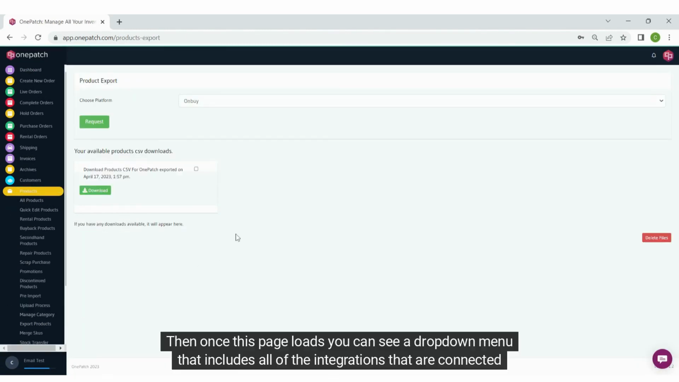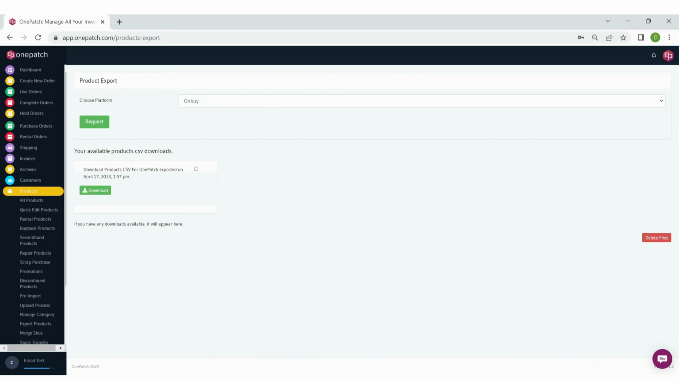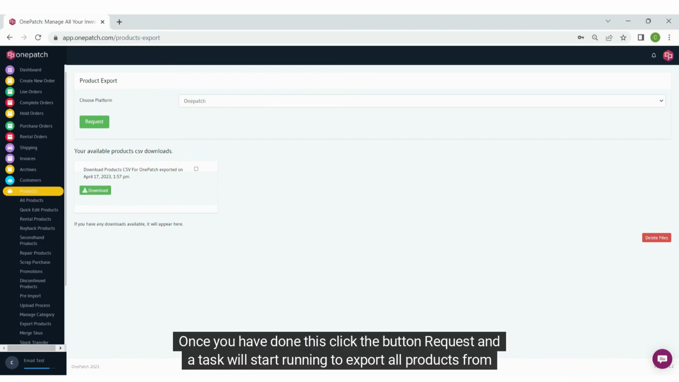Then once this page loads, you can see a drop-down menu that includes all of the integrations that are connected to your OnePatch account and the option to select OnePatch itself. As you can see here, the options are Onbuy, EKM, OnePatch, and eBay. Just select OnePatch. Once you have done this, click the button Request, and a task will start running to export